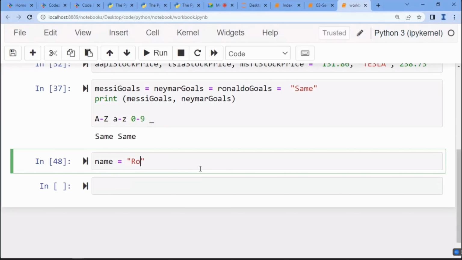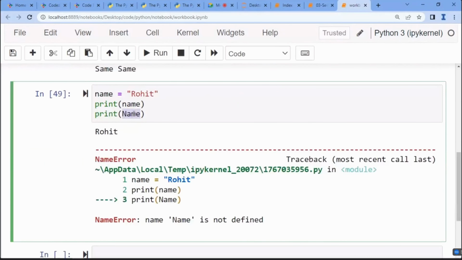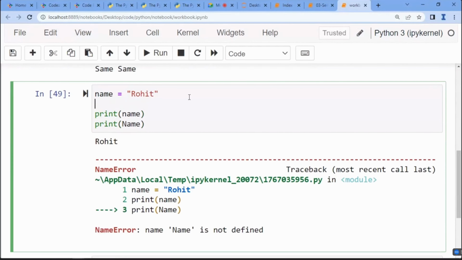Now, let's say I give Name again. So if I go ahead and print Name, what happens? This is going to throw an error because this name and this Name are not the same. Okay, that is the reason here I can go ahead and say Name is equal to